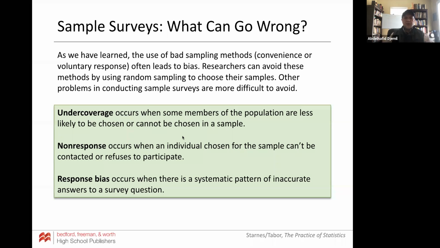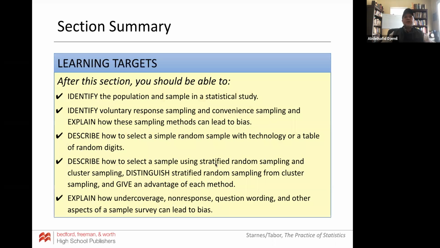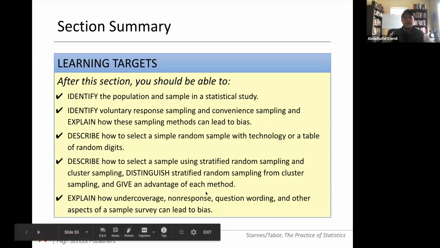You ask them about their income, and they just give you something. They want to show that they are underpaid if they are applying, for example, for social assistance, or they want to show off when they are with certain groups. So response bias, they do it on purpose. Okay, these are the different types of methods of choosing a sample. And we're done with this section. So I did this last time, and I just want to go over it to make sure that everyone